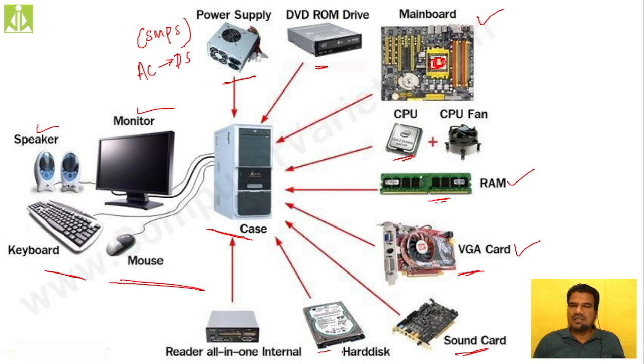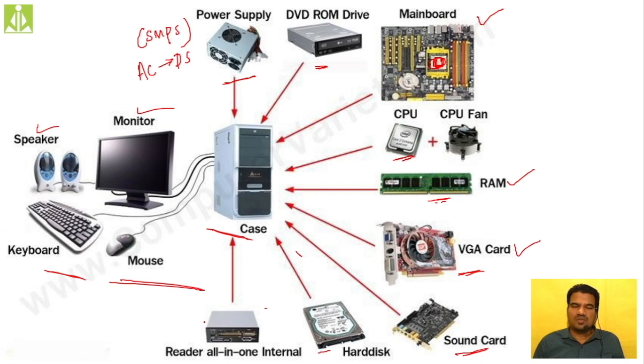Then the hard disk. It is the secondary or auxiliary storage inside your computer, where we store the data, isn't it? Then we have readers, different card readers. We have different types of cards, camera cards, mobile phone cards, or we can also say audio cassettes and video cassettes. You can have a reader for all these types inside your computer.